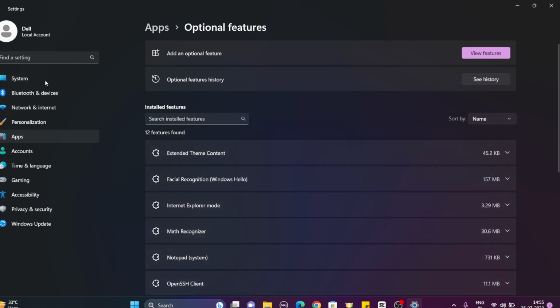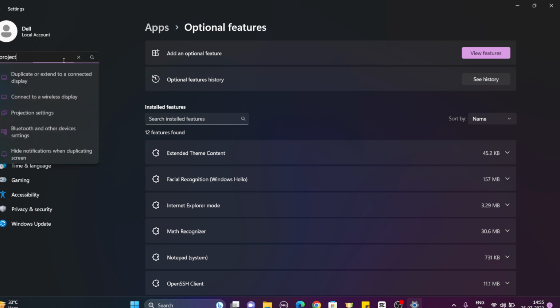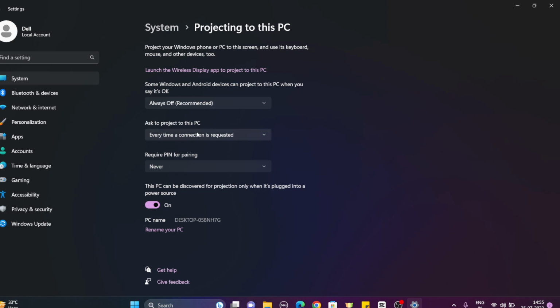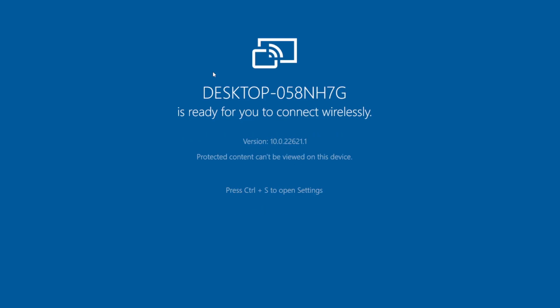Once it is installed, you just need to go back to projection settings, and just click on this launch the wireless audio display to project to this. And now you just need to open your phone and just open your phone